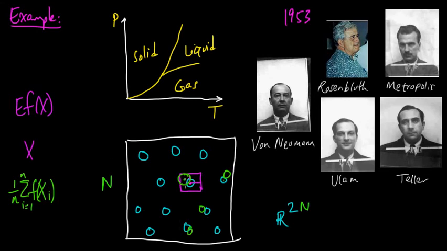So one thing I left out in this description is I didn't say what probability distribution we defined over this x. In order to have an expectation, x has some probability distribution. And it turns out that the probability distribution that they used is what's called the Boltzmann distribution. I won't go into the details of what that is, but I just wanted to make it clear that there is a probability distribution that they were using, the Boltzmann distribution, for the way that they set up the system.